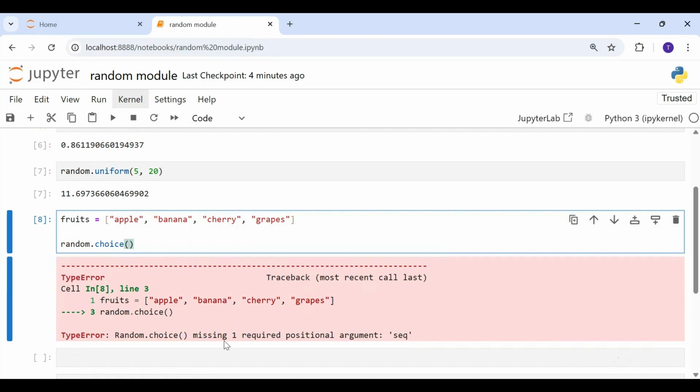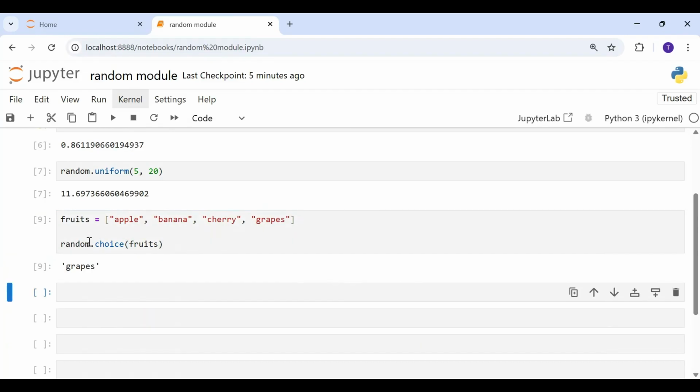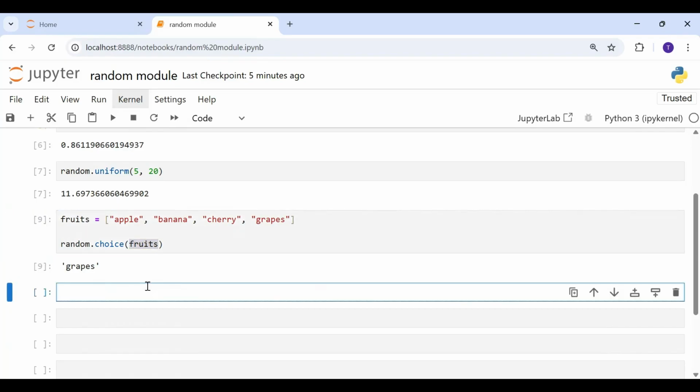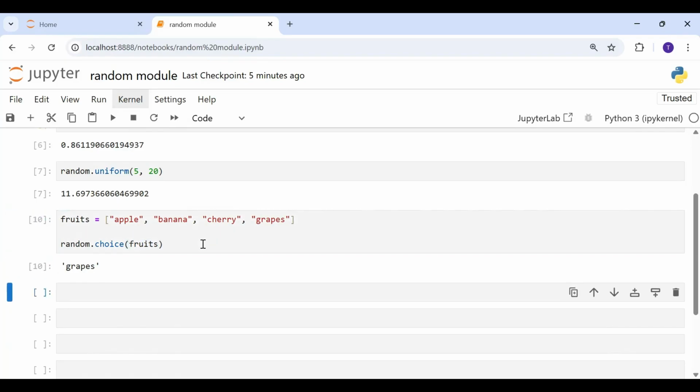Because there is one positional argument which is missing. So I have to pass the fruits, right? I have to tell from which list, or it could be a tuple, any iterable data type. We are saying select any fruit at random from this list fruits. So it's selecting grapes. If I run it again, grapes it is selecting. Banana this time. We run it one more time, grapes again.